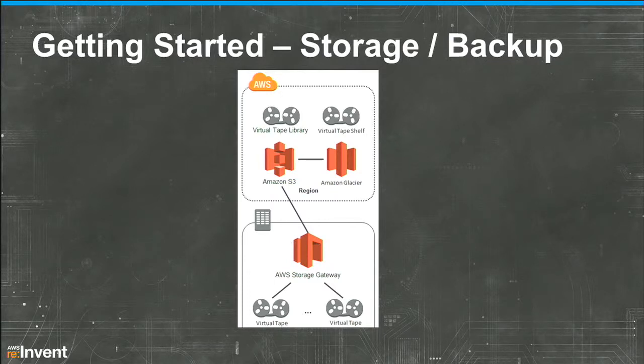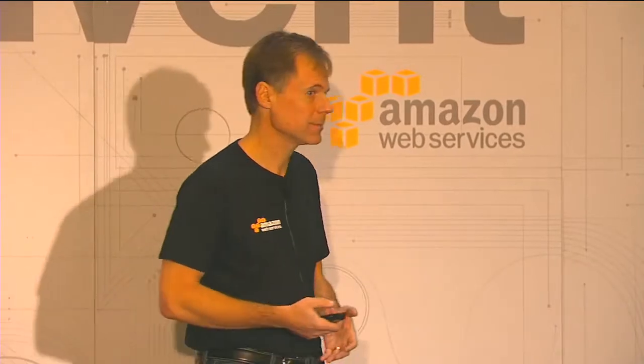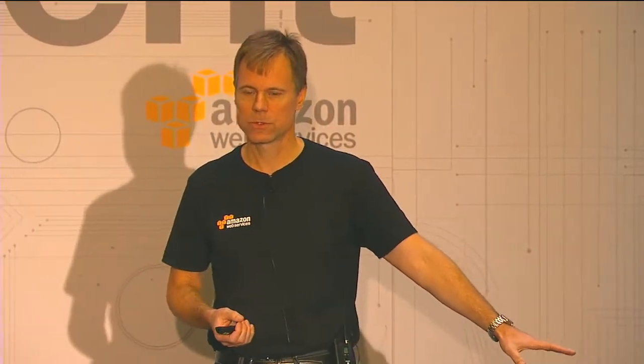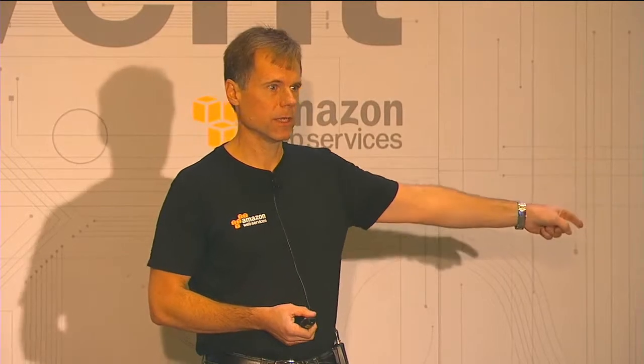AWS has something called the AWS Storage Gateway, where you can run a virtual machine in your data center or in AWS. And just last week, in fact, we announced a new feature where we can expose VTL, or virtual tape libraries, on the storage gateway. So if you have backup subsystems today that are using tapes, you can point those backup subsystems at the AWS Storage Gateway, and it will present itself as if it was a tape, but everything is going to land in the cloud. It's going to land in Amazon's S3 service and ultimately Amazon's Glacier service.